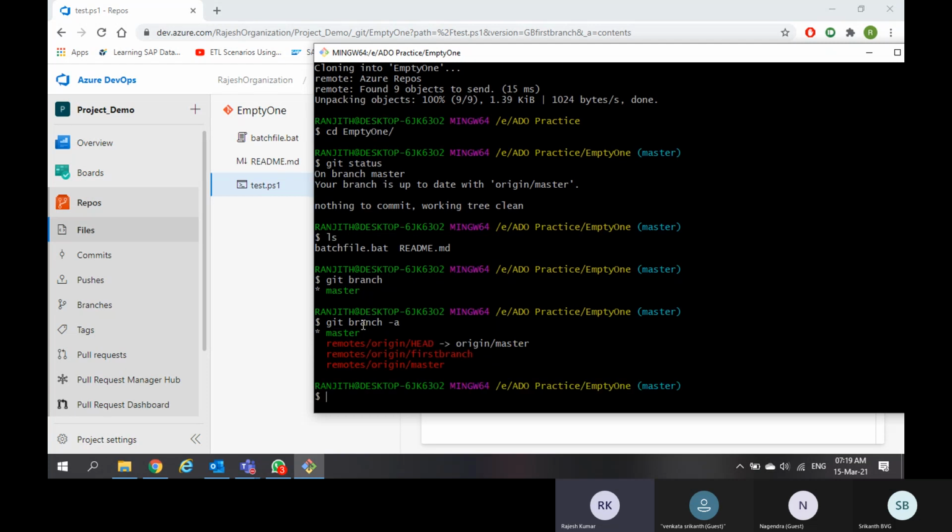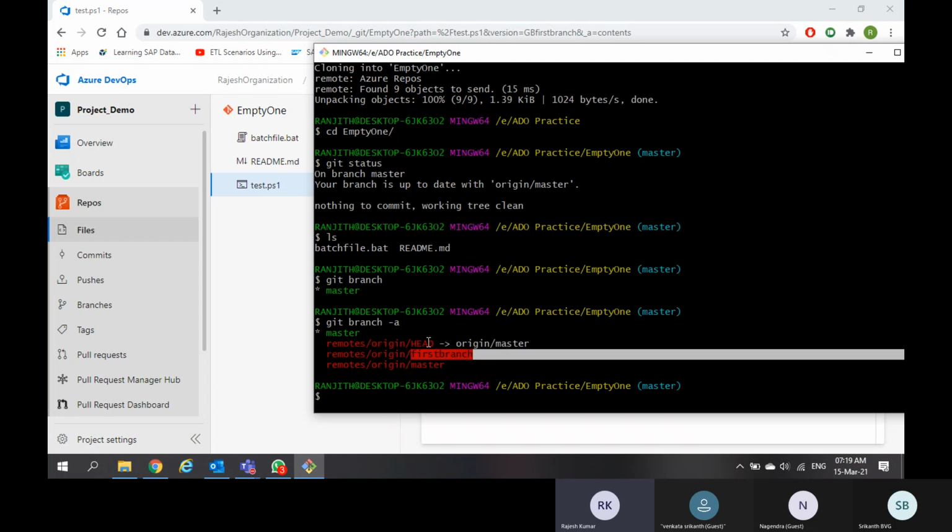See, when I give git branch -a, that means all the branches. As of now I am on the master branch, but in the remote there are 2 branches: one is master, another one is first branch. The other entry, origin master, is like the current branch where you are working.